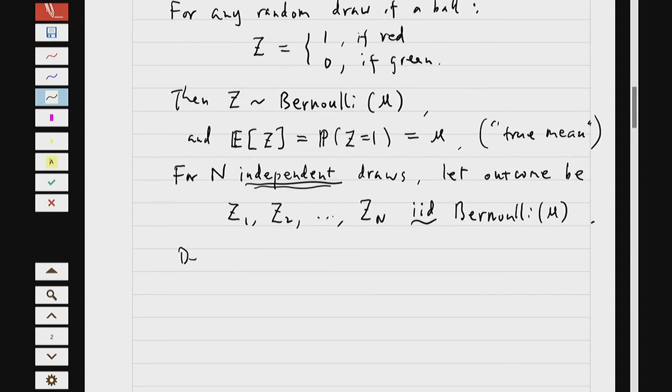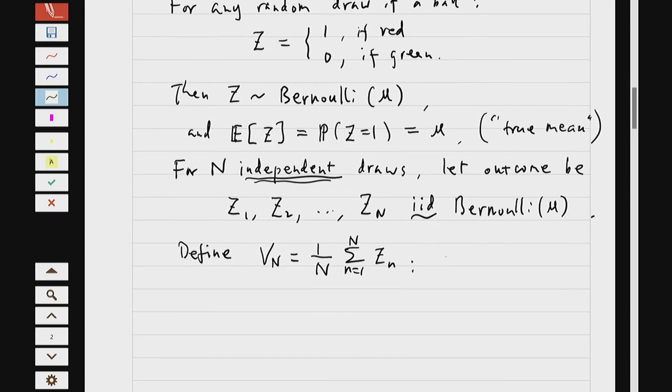Well, we're going to define this thing. We're going to take the fraction, so Vn equals 1 over n times this sum. Why would this be an estimate for the fraction of red balls? Well, n will be the total number of balls that we take. What is the sum of Zn? The total number of red balls, because it's 1 if red, otherwise it's 0. So this is an estimate that we have already studied last time, an estimate of mu